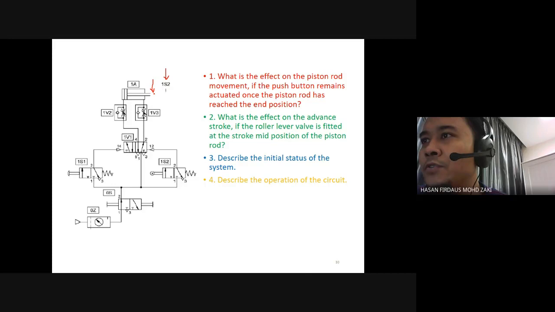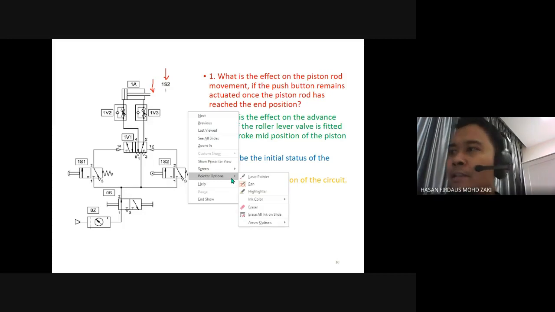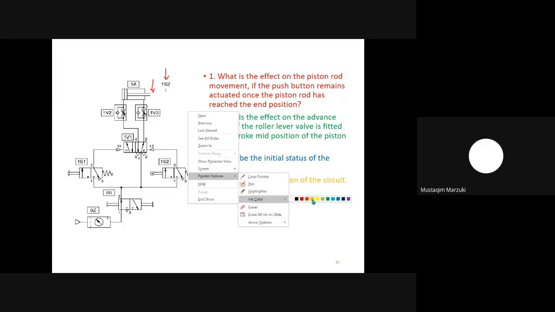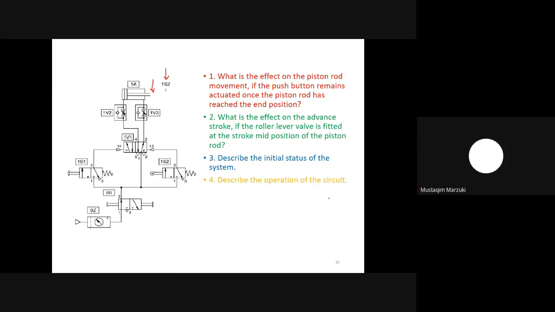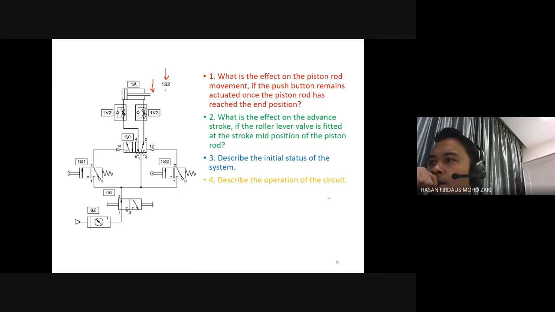What is the effect on the advanced stroke? Will it retain the full advancement, or how? Do you have any answer to that? I think it will just go to the mid position. Okay, and then will it retain that position or will it go to the retracted position? Then retracted. Okay, all right, I think it will retract